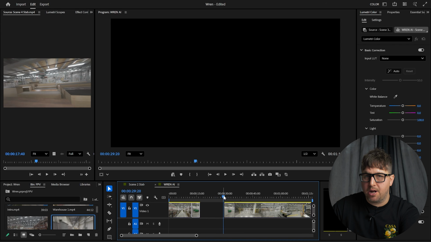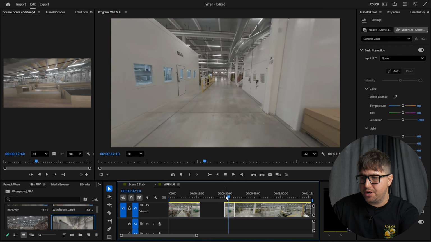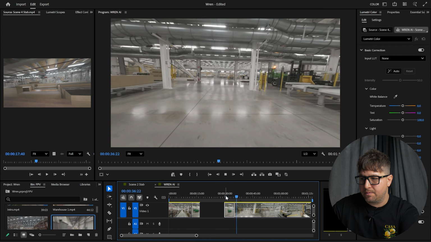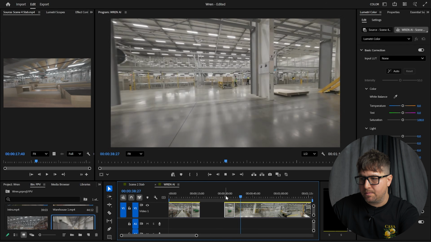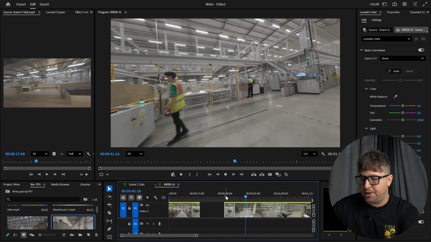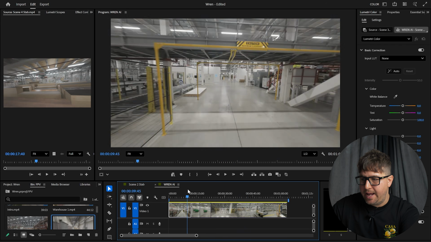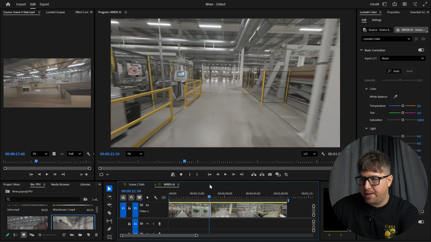Then what we did is we started the next shot in the same way, essentially the same way we finished the first shot. Here we go, here's the start of the second shot. More or less the same. And then this moves into the second section. So essentially what we want to do is merge the end of this shot with the beginning of the next